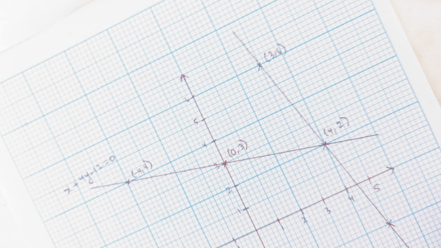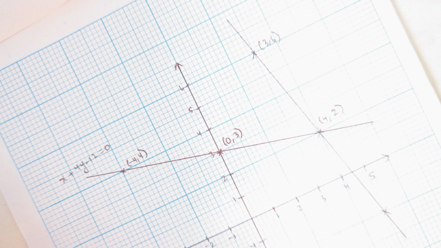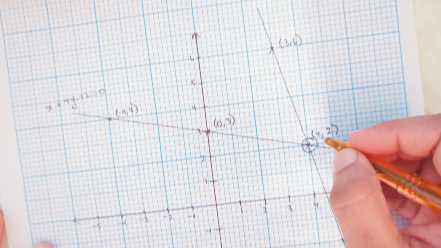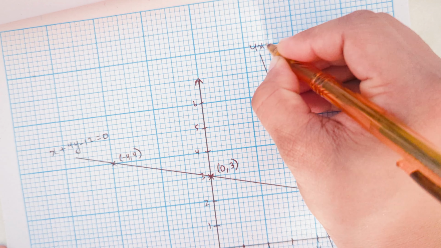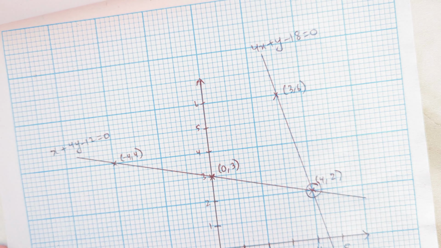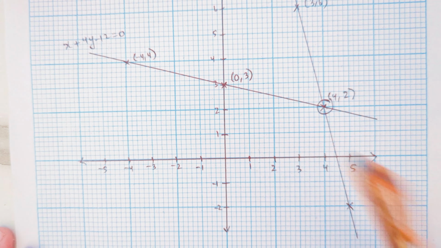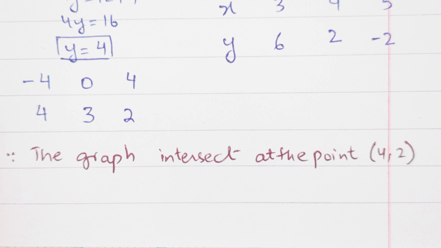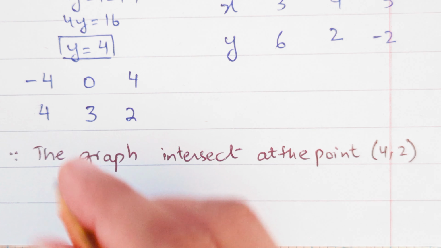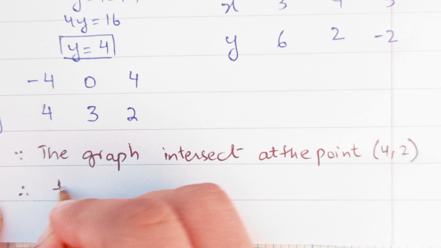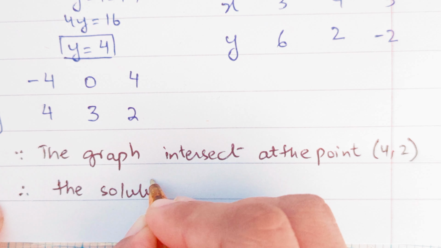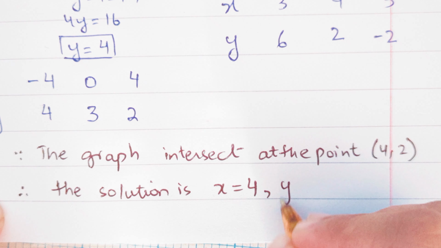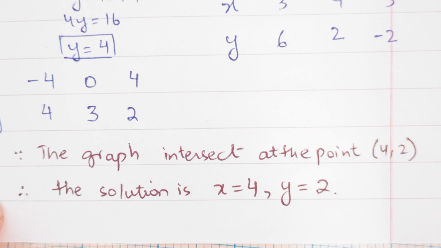Here you go. So we have got the straight line and the intersecting point. This is the answer. The answer to this equation will be 4 comma 2. X is equal to 4 and y is equal to 2 for both of these equations. So we will write this down over here, and then we will write the solution is x is equal to 4 and y is equal to 2. Okay, this is the answer.